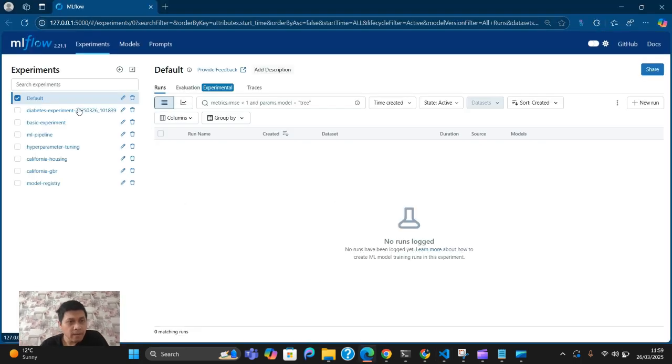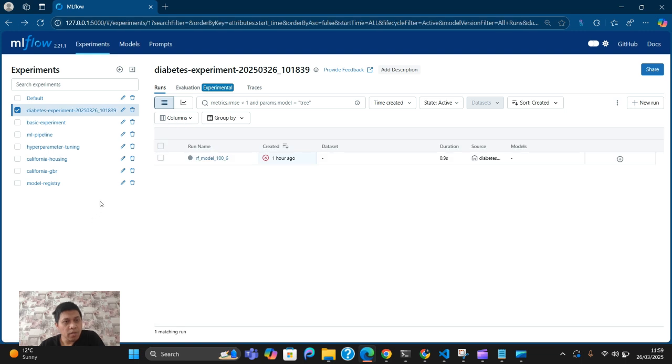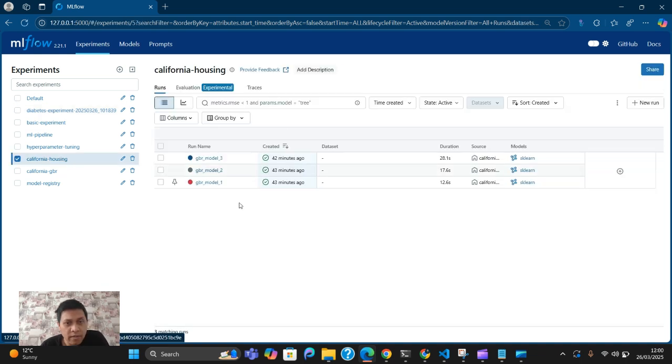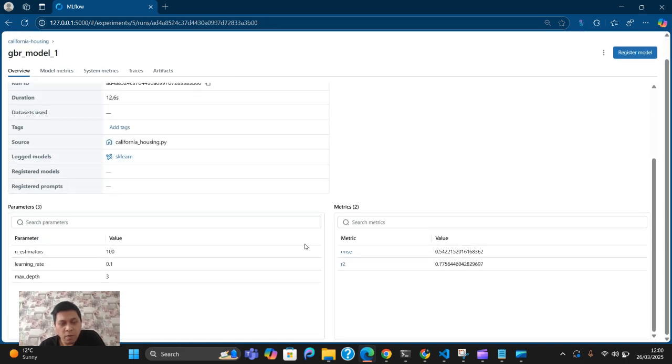And we're going to see all the machine learning. So here is the MLflow user interface. So let's find our model, California housing, here. So we have three various parameters. For the first model, we got the R square 67% using the given estimator, learning rate, and maximum depth